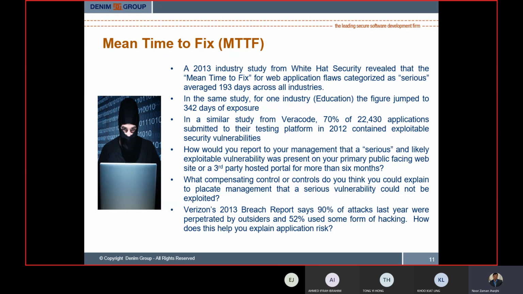Now, mean time to fix, which is known as MTTF. Mean time to fix is a very important point in case we face an issue. How long do we require? I'm just repeating for one of the guys who was not there: you remember that we discussed in our previous class that in case our software or our application or anything is compromised, even the average time of 49.6 days,